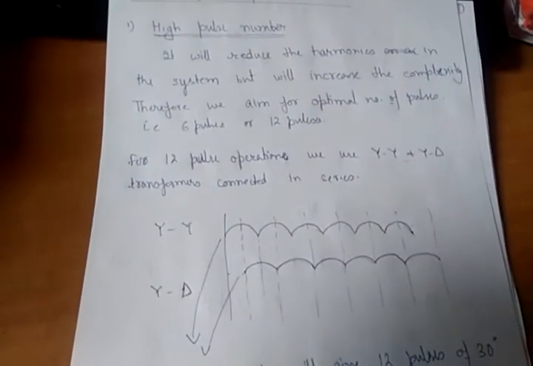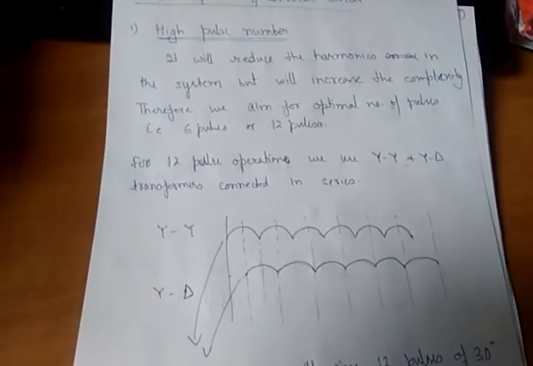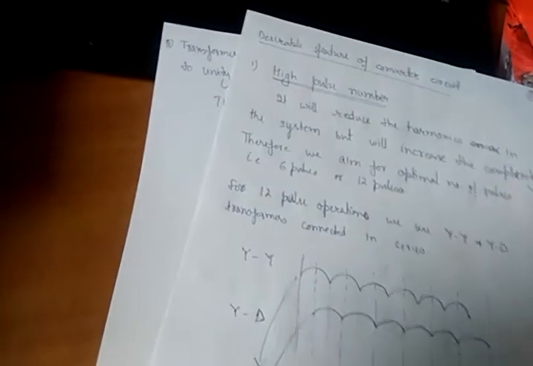When there is 6 pulse or 12 pulses, which will be more close to DC? Obviously 12 pulse will be more close to DC. Have I drawn it anywhere in the system? No, I haven't shown it in the waveform. But no worry, there is no need to show it.